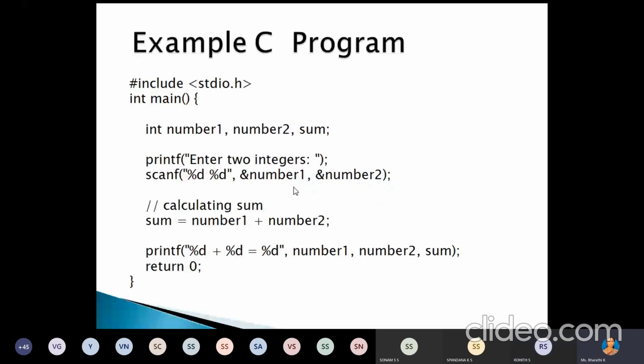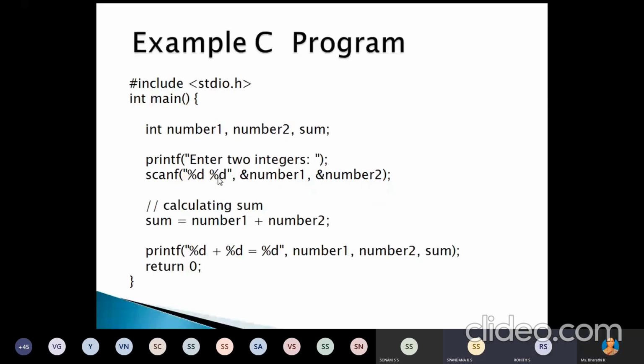Now what is the use of this %d? Yes, it is the control string, or you can call it the format specifier. %d is the format specifier for integer.